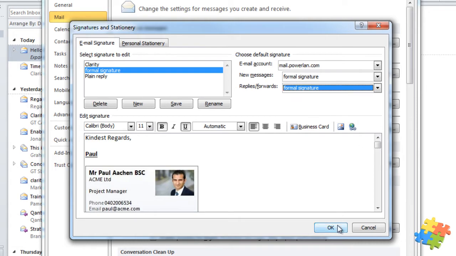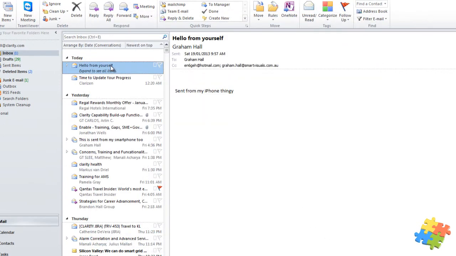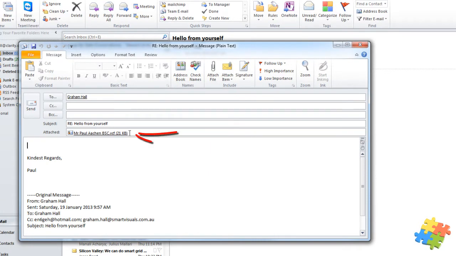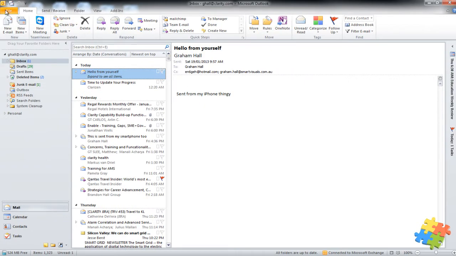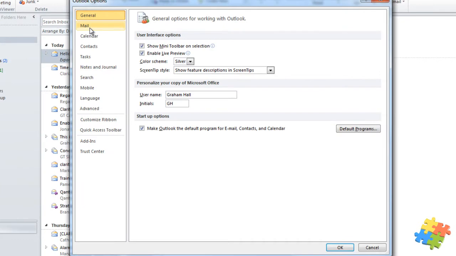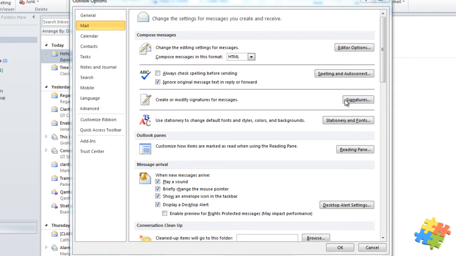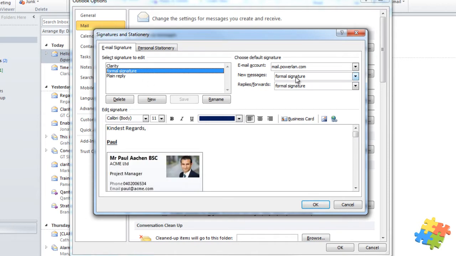Let's have a look how that looks now. So if I click OK, now when I reply to this email, you will see that my business card has automatically been attached and it says kindest regards, Paul. Just going to go and undo those settings. So I'm going to go File, Options, into your mail, into your signatures, and in my formal signature,